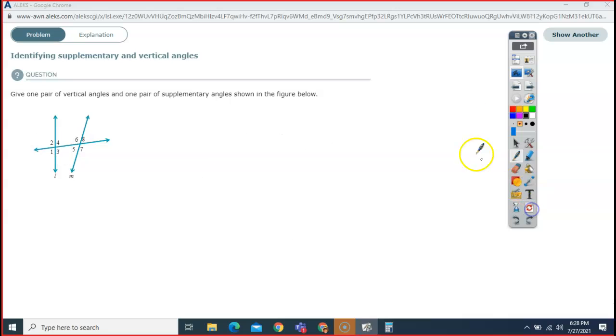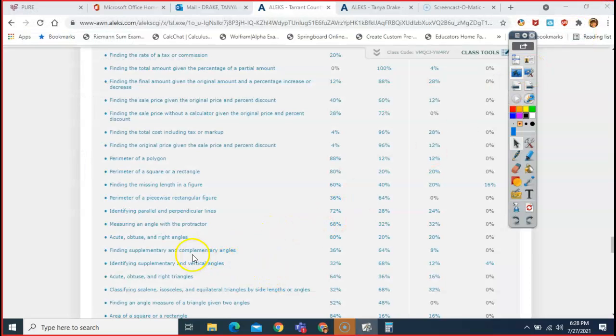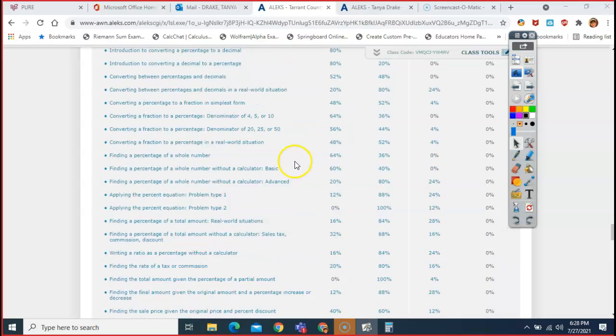Let me see. What else are you having a problem with? I think that's it. You had covered all 3 of them. Okay, great. All right, well, I'm going to send this to the rest of the students, and I'm going to go over some other things too. Like right here, you see how these are 4%. Either nobody's gotten to it, or everybody that has gotten to it is doing pretty bad on it. So I'm going to go